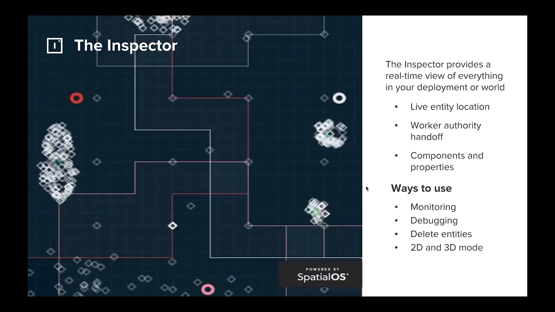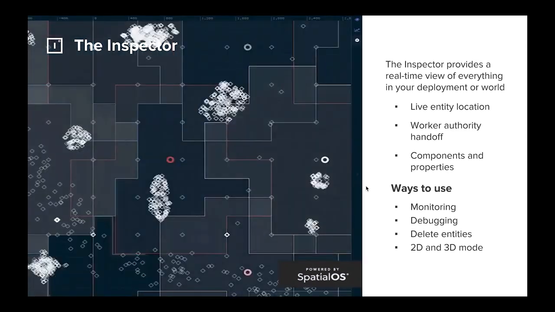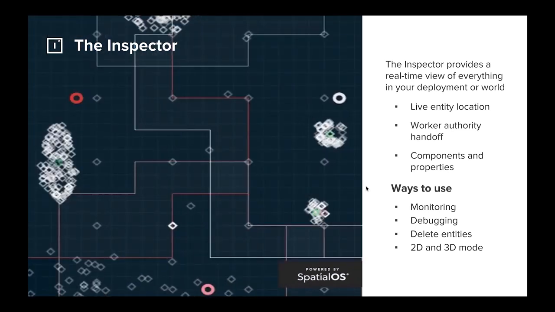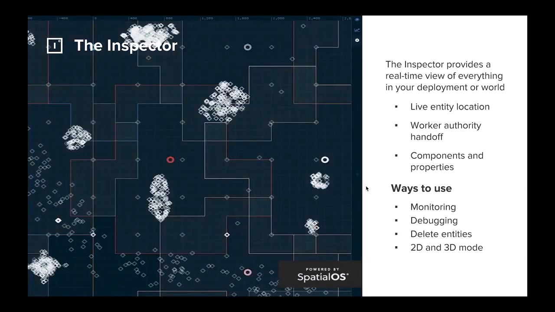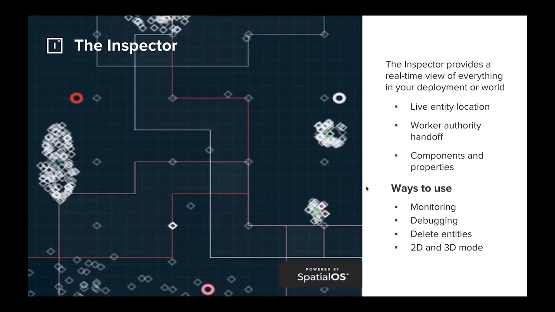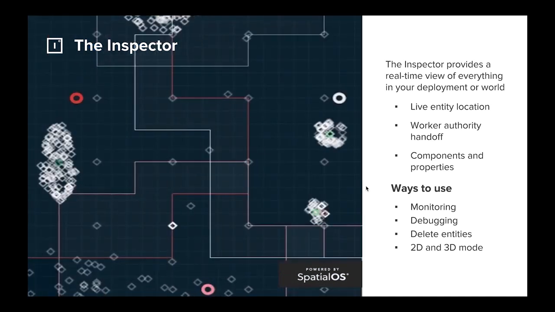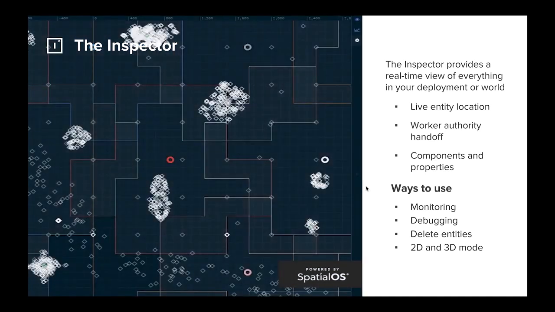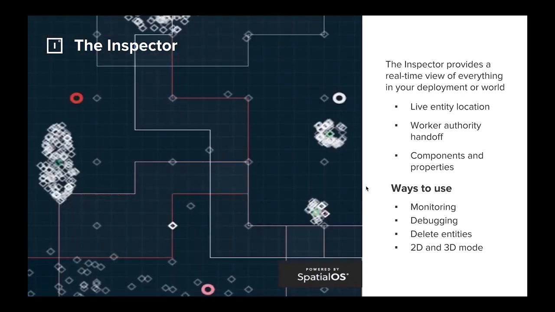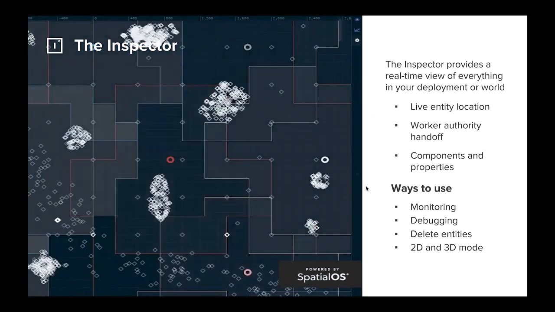So one of the main problems when you're running more than one game engine stitched together is that it's a spatialized problem and it can be hard to visualize. So we've actually built a visualization tool that supports several hundred workers and millions of entities. What it allows you to do is very quickly assess where there are problems and if there are problems. It's great for monitoring a live game as well. But this is like our go-to debugging tool. It runs locally on your machine when you're just in development, but it also runs in the cloud.